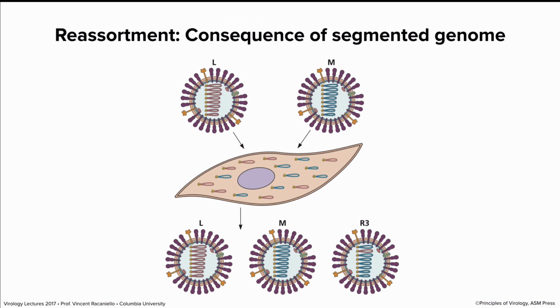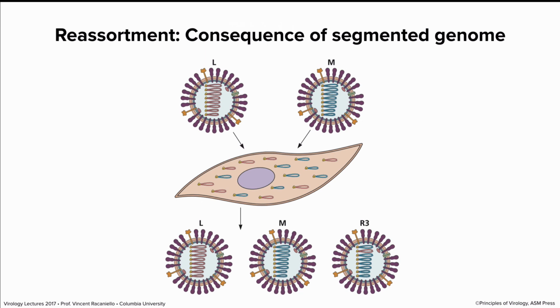And that's illustrated here. We have two different influenza viruses, L and M. L has red segments, and M has blue segments. So the influenza genome is composed of 8 segments. When these both infect the cell, now in nature, there are probably lots of co-infections going on, and the likelihood that you can get a co-infection of an animal, say, with 2 different viruses is very high. And if those 2 viruses infect the cell, as the RNAs are replicating, you have both blue and red RNAs being made, and then the viruses that are eventually produced can be the parental L or M virus, the red or the blue, or they can be reassortants.